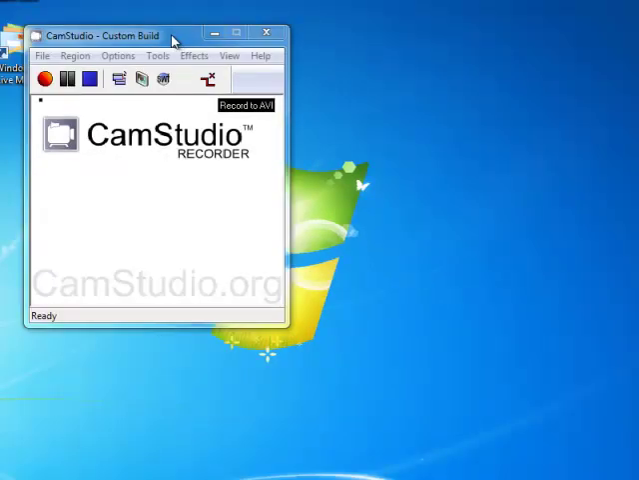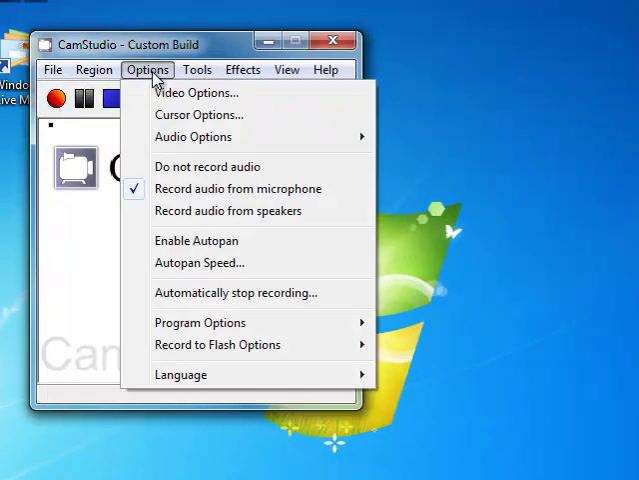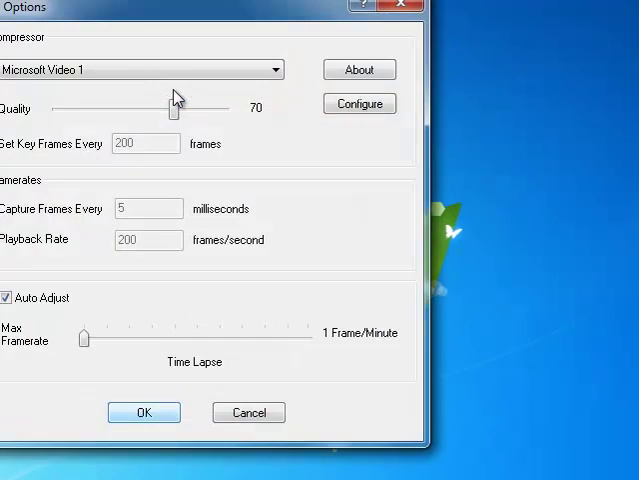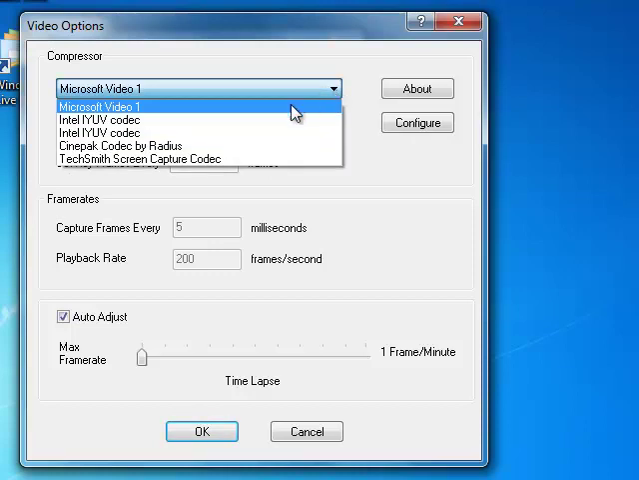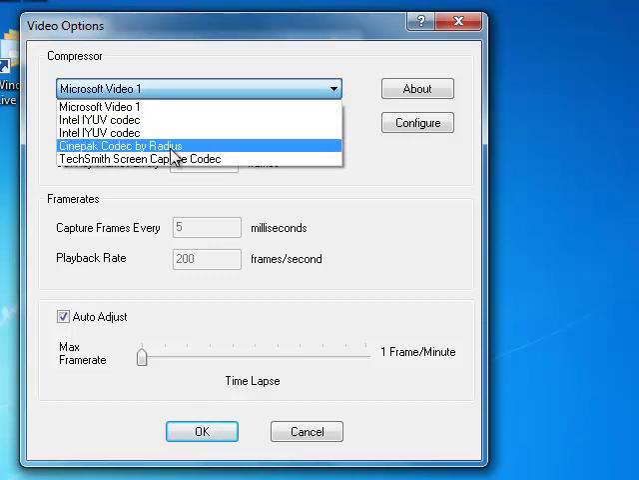Next thing, we're going to look at the video options. Again, under the options box, video options, and here's where you're picking your codec. This is how your video data is converted to digital. It by default uses your Microsoft Video codec, but we're going to change down here and use this Cinepack codec